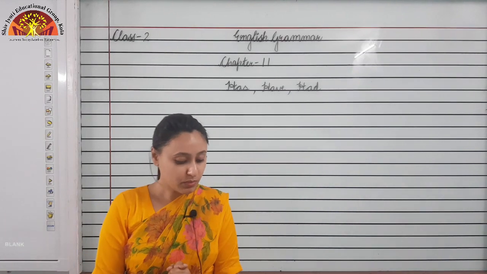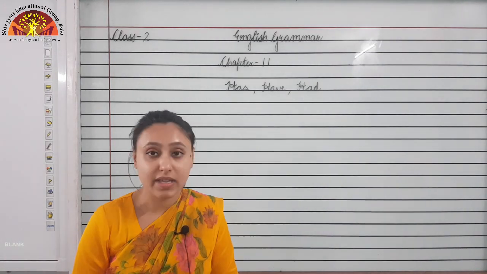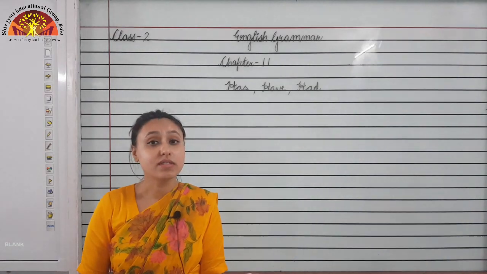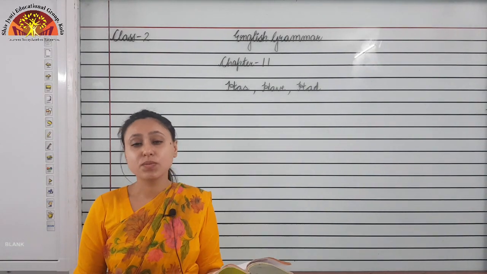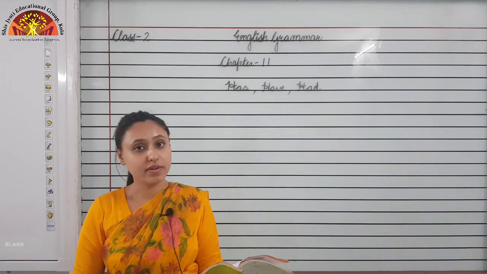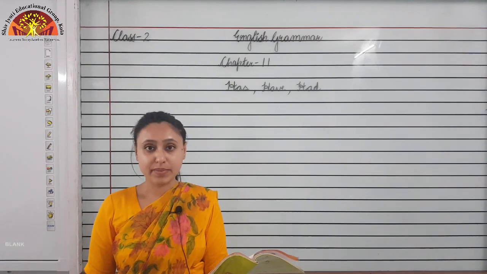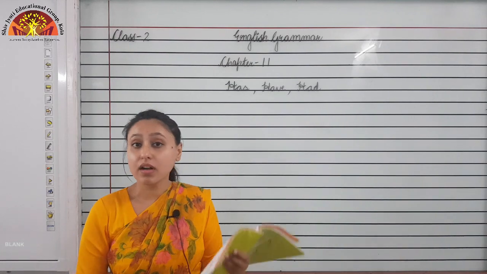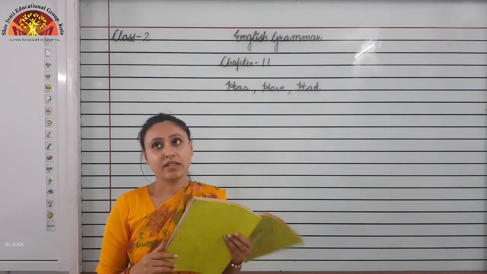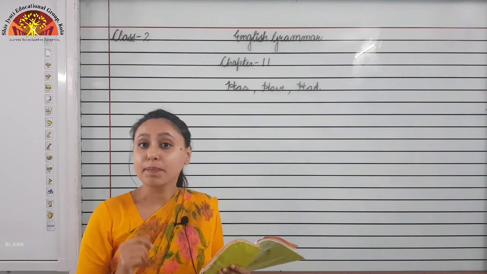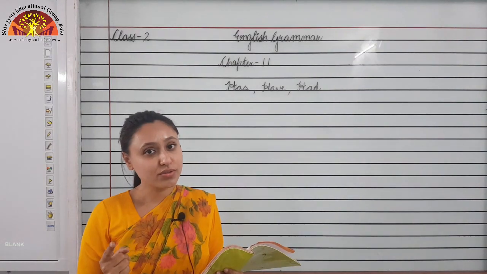Okay. So the verbs has and have show that something belongs to someone. This is used for present tense, things which are happening at present time or now. Let us see one example. I have a book. So this book belongs to me. You have a pencil, that pencil belongs to you.